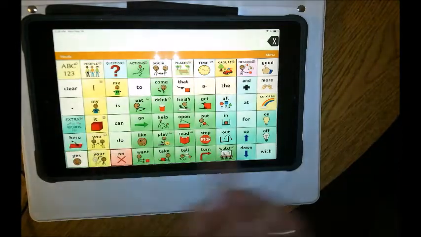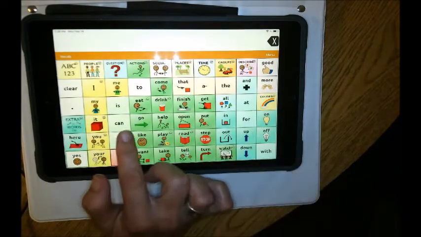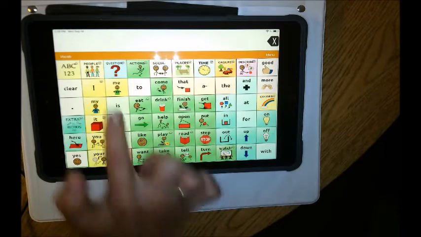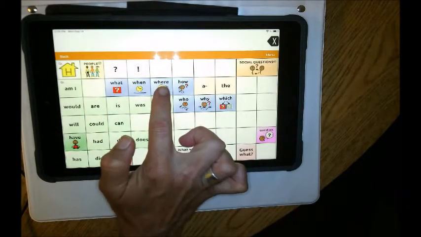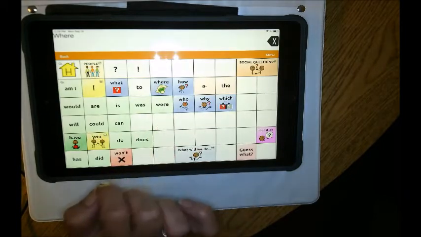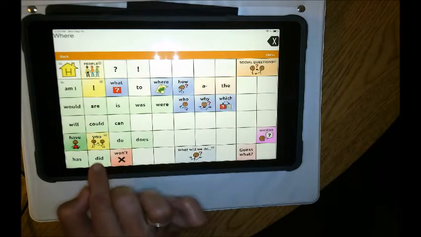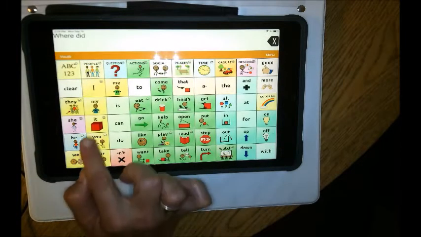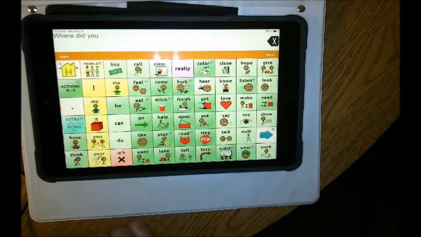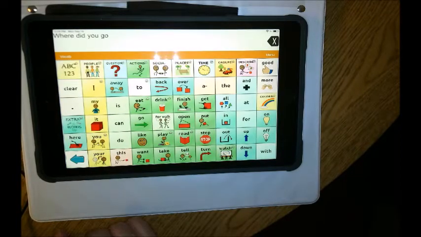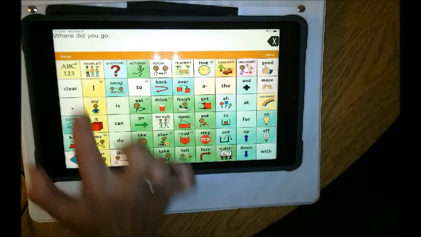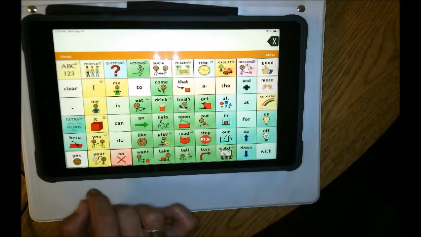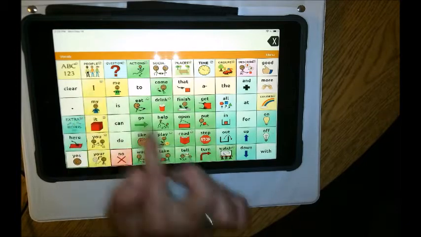So I want you to have a good time practicing sentences with go and asking the question, where? Hey, where did you go? Where did you go today? And then you can answer that question. Today,